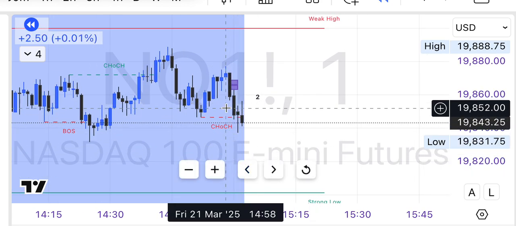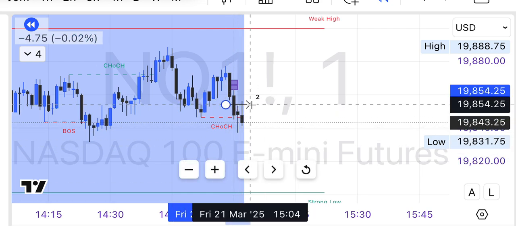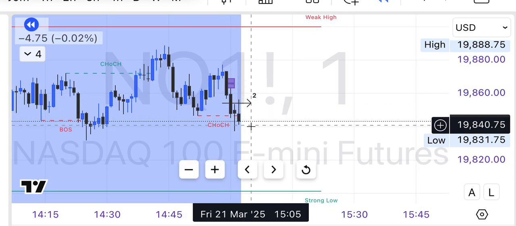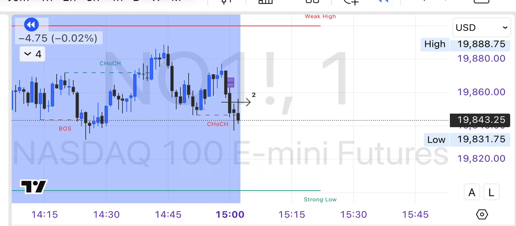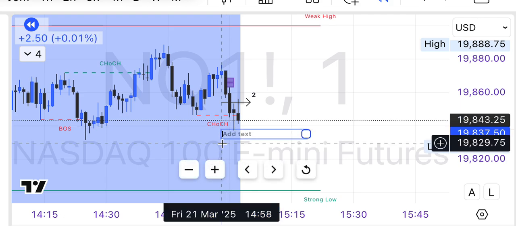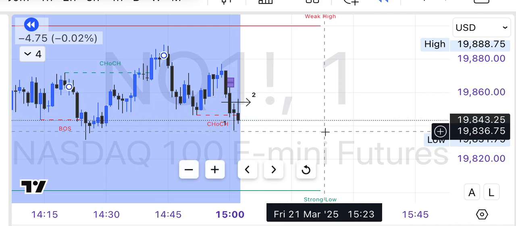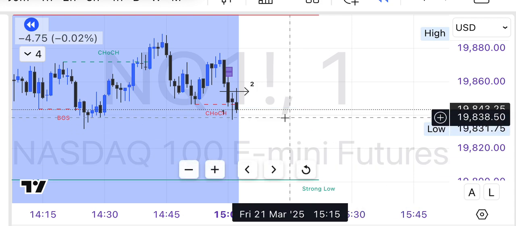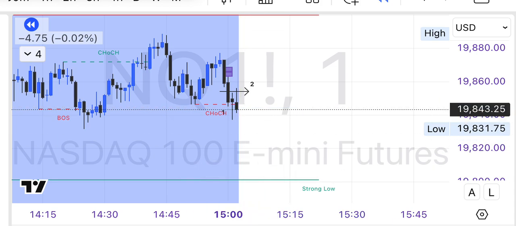I can get my arrow in here. Let's try again. Yeah, there's an imbalance right there that is tapped into and pushing away, and that's given us our 1 over here. Where did our 1 disappear? Yeah, this is our 1. Around here we got our 2. We're looking for the 3, so here we should be taking a short trade, and we basically put our sell